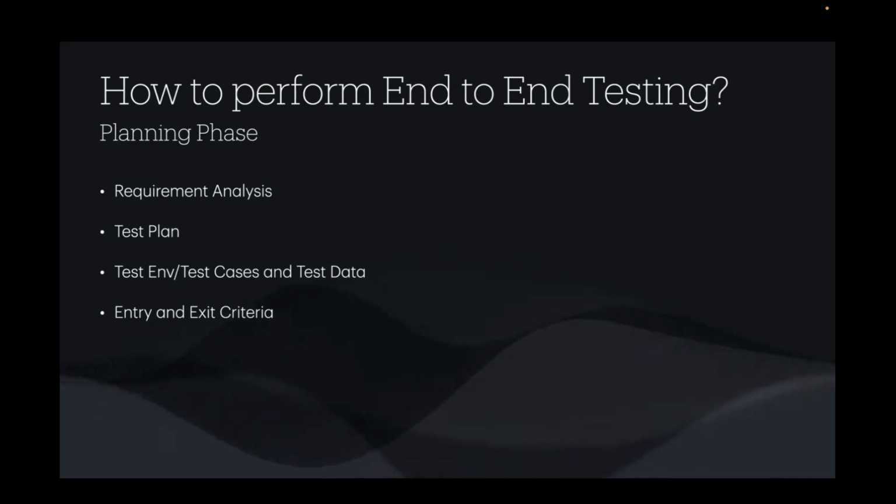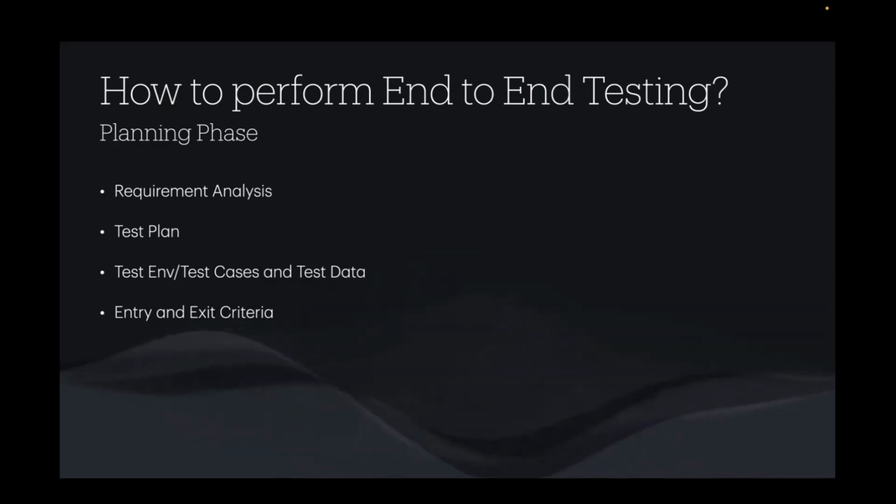So all these journeys should be considered as a part of end-to-end testing to make sure our application handles all of the related functionalities and the features without any hiccups, and the user would be able to use the application without any error. In the planning phase, we should also consider setting up a production-like environment to simulate the real-world scenario, test data setup, define entry and exit criteria, get the test cases and entry exit criteria reviewed by the business